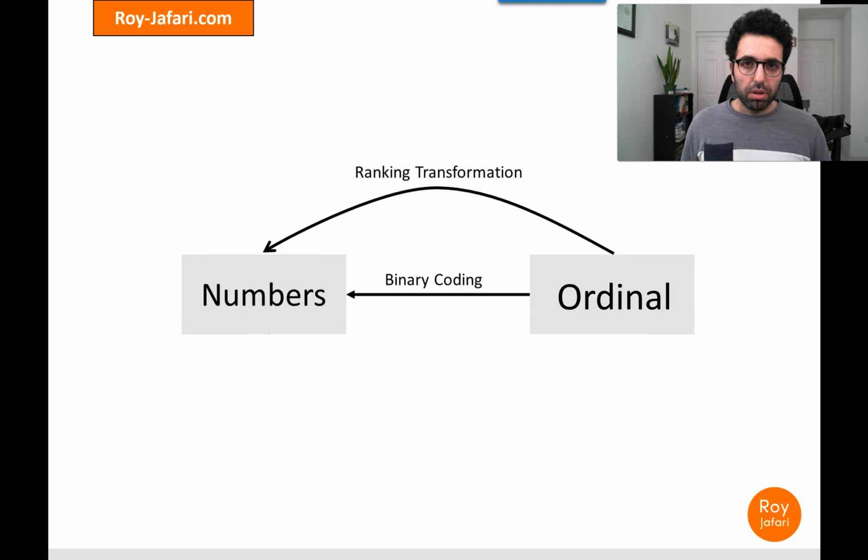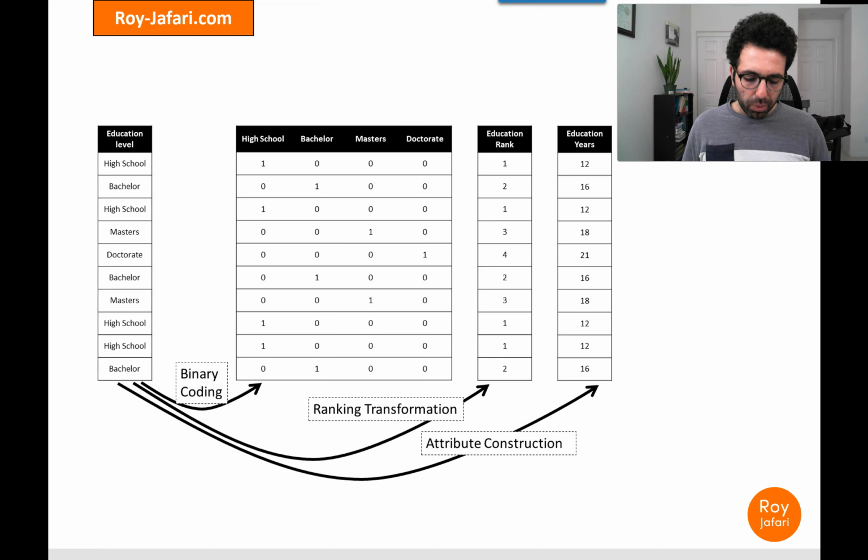So how about the move from ordinal to numbers? When we have ordinal attributes, we have a choice between ranking transformation or binary coding. In this example, if we were to use binary coding, this is how our data set would look for education level. If we were to use ranking transformation, this is how it would look. And I have put something else here, attribute